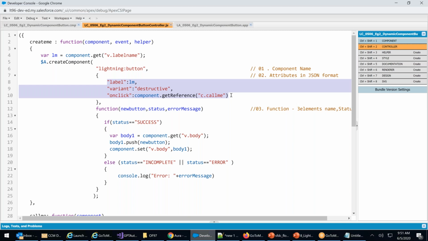So this is dynamic component. In an interview, a favorite question: what is a dynamic component? How do you create a dynamic component? Tell me some dynamic components you have created in the project. When do you create a dynamic component? What is the purpose? Can I create multiple components? I created a custom component. Can I create a complete custom component using a dynamic component? Yes. All these things we'll see in Monday's class.